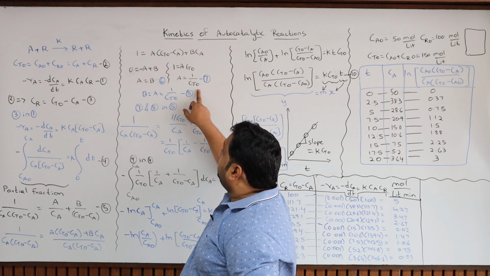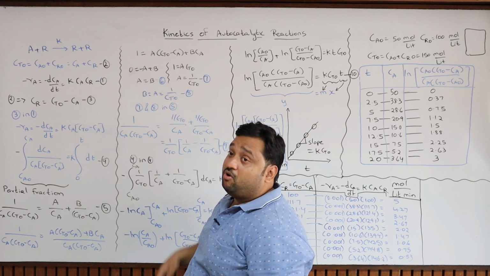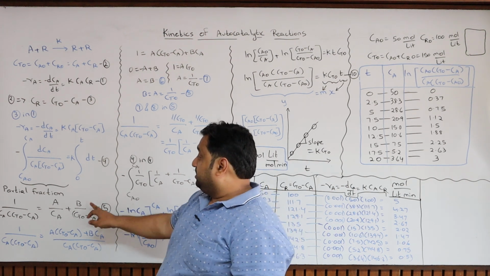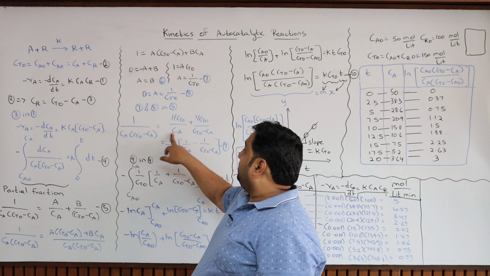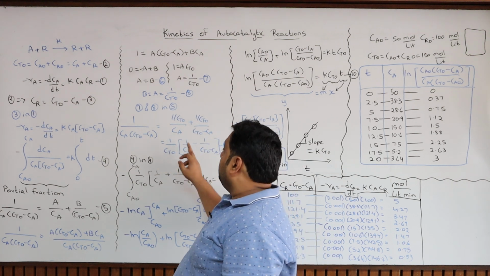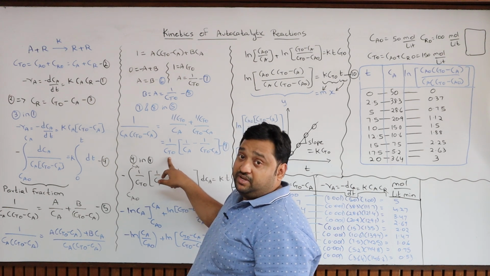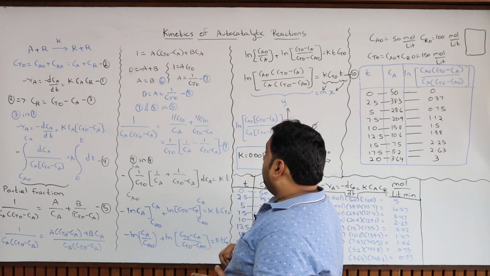If A is 1 by Ct0, and B equal to A, that is B is equal to 1 by Ct0. Now you have A and B. Simply substitute in this equation. You get 1 by Ct0 times Ca plus 1 by Ct0 times Ct0 minus Ca. Take out the common 1 by Ct0, and you get 1 by Ca plus 1 by Ct0 minus Ca. Now